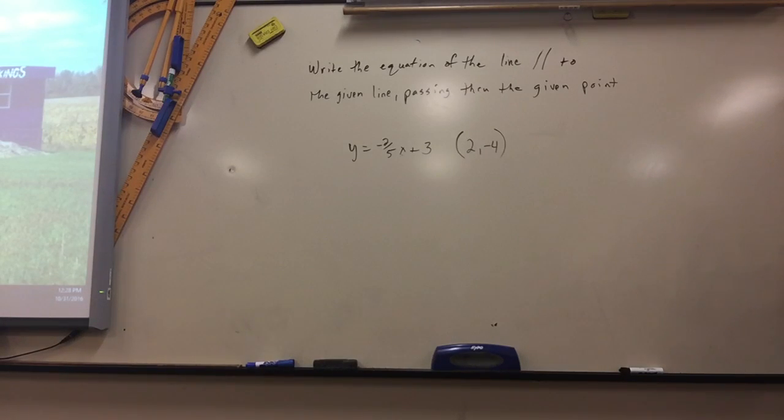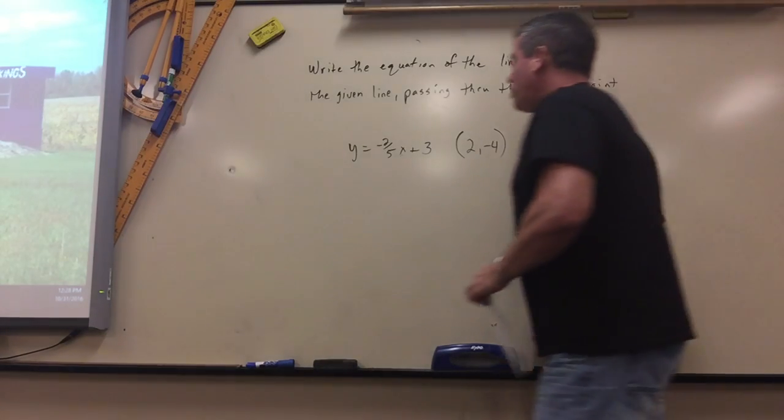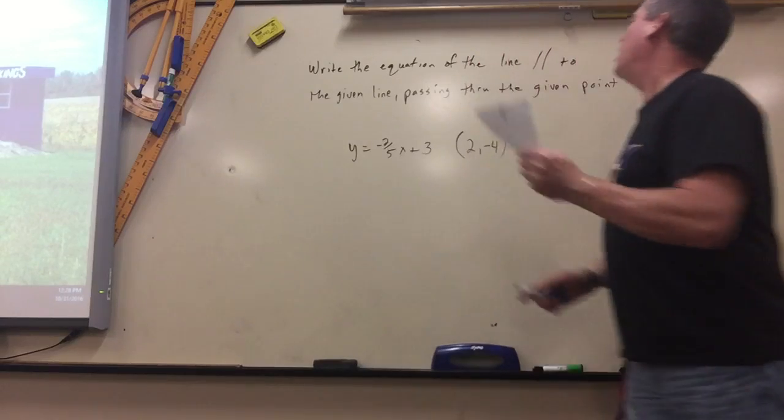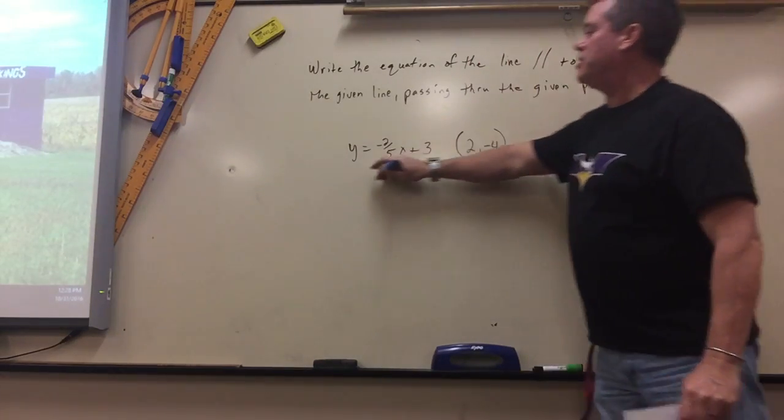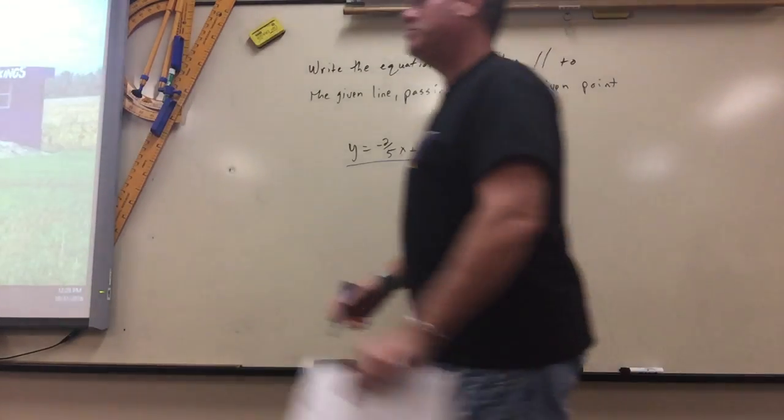Then we come to the part where you got to write the equation of the lines. So, it's going to be a couple with the parallel and a couple with the perpendicular. Write the equation of the line parallel to the given line passing through the given point. Okay? So,